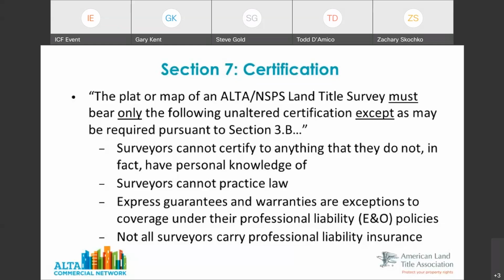So we still receive on occasion certifications that are not the ALTA certification per the standards, and that conversation just has to happen between the surveyor and the lender, or the surveyor and the client and the lender. And again, like Gary says, this is the only certification, unless there's another state certification, that should be on the face of an ALTA survey.